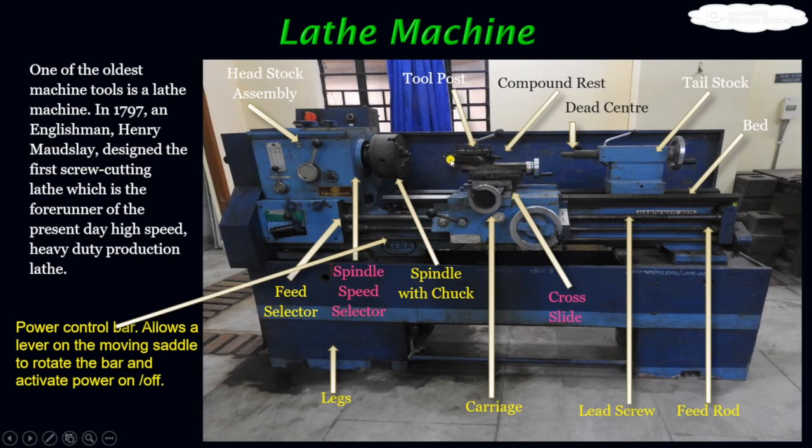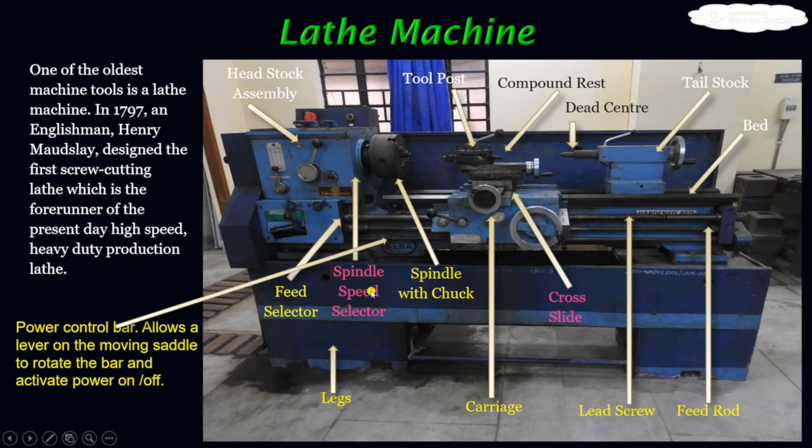Cutting tool is placed here, and the movement of the cutting tool can be controlled by here. It is the compound rest where the cutting tools rest. This is the cross slide. Cross slide means we can slide it in the transverse direction,